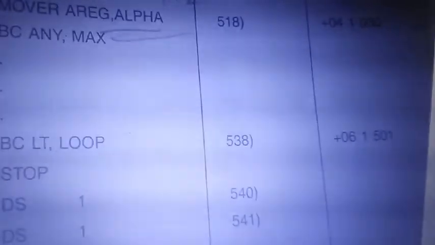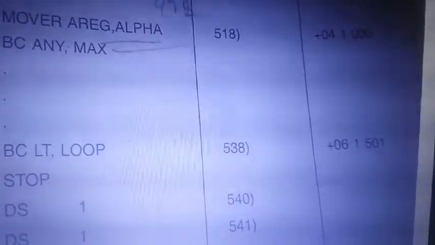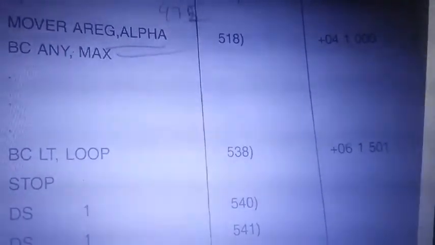If I consider the loop over here, then the translated address of loop is 538, right? Work area is 900 and T origin, the translated start address, is 500.